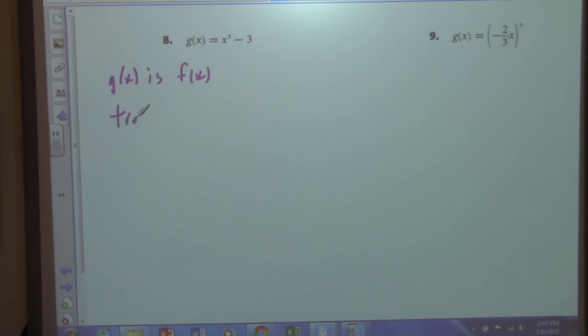Translated down 3 units. Yeah. That was it. Really stuck to there. That one definitely got me. Okay, so that's going to be that one. I'm not good with